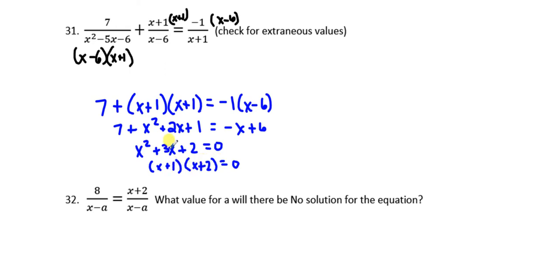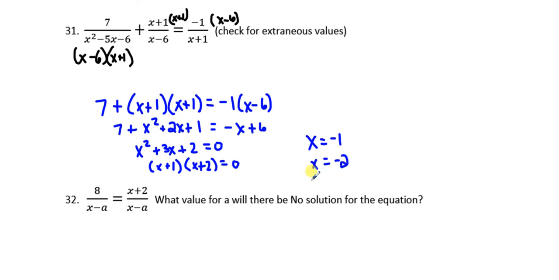And that's two numbers that multiply to give me 2 and add up to 3. So 2 and 1 add up to 3. And now we're looking at setting both of these two things equal to 0. So if x equals -1 or x equals -2,